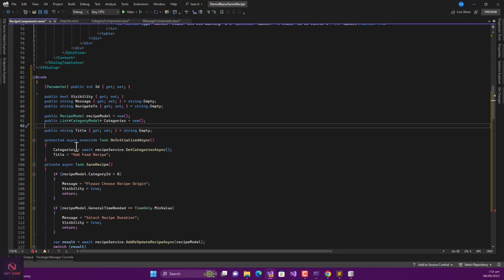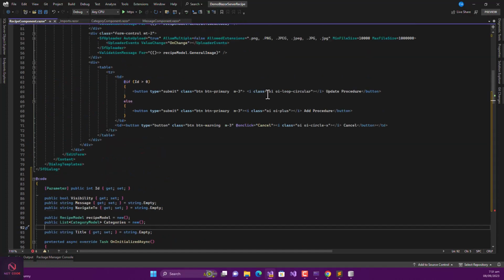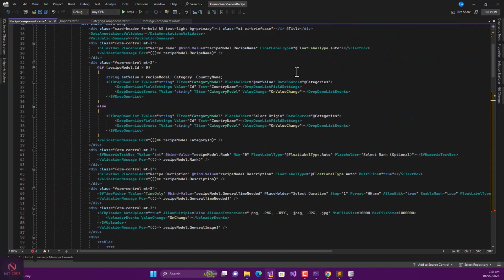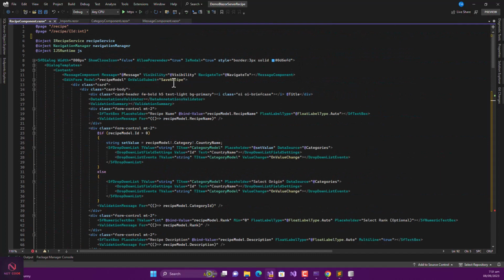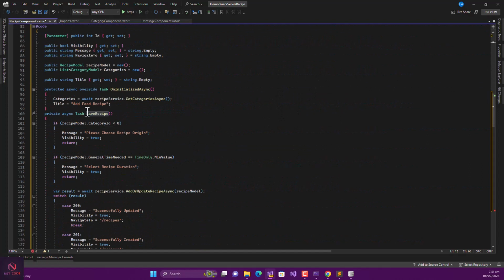Okay, so when the page initializes, you want to populate or call this category, and now get the category list. Set the title to add food recipe, and now if this save recipe is clicked, that is a button over here. You can see we have an edit form, and this is save recipe. If this button is clicked, that is the submit button, we want to now check if the category ID